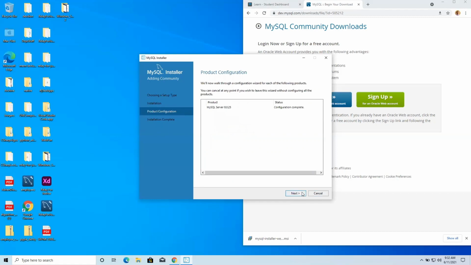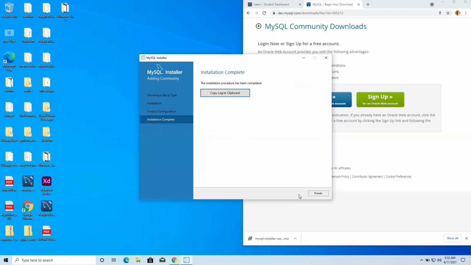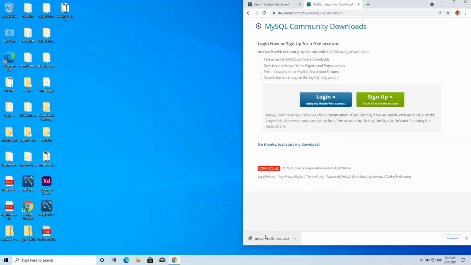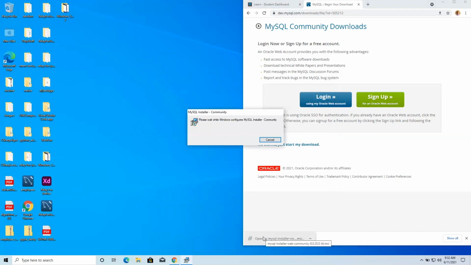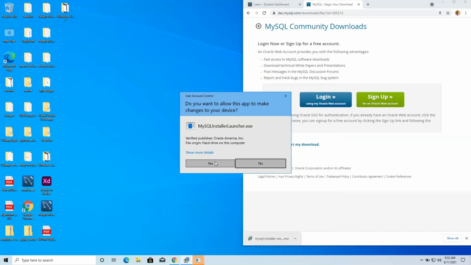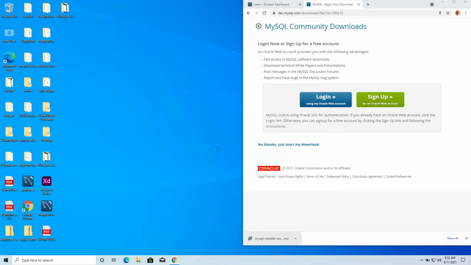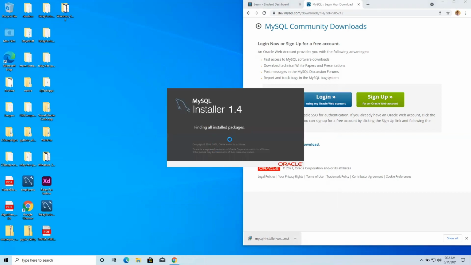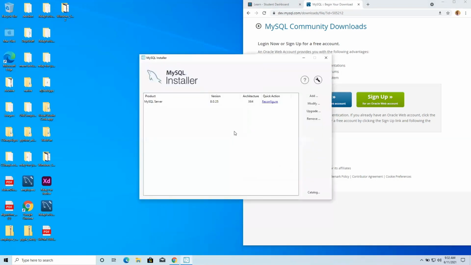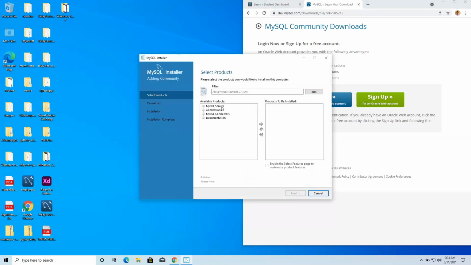Now we need to go back and install the other products that we want. So I'm going to restart this installer, and I would suggest keeping this on your machine just in case you want to install other things or different versions of other things later on. So this is going to open up, and you should get this screen once you have MySQL Server. So I'm going to go ahead and click the Add button, and you can always go back and change MySQL Server